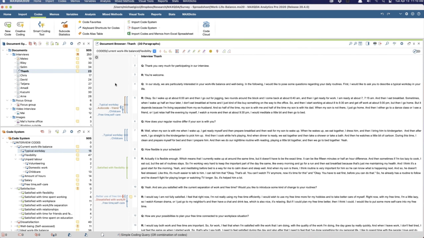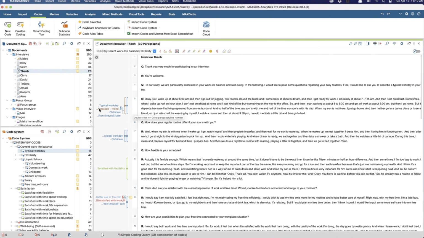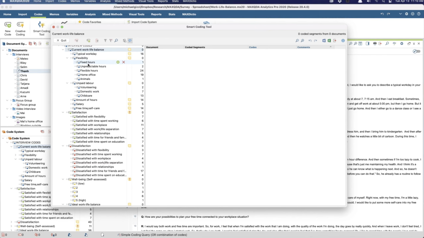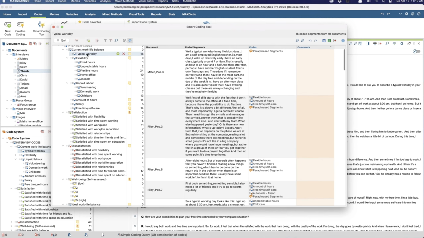I didn't have enough time. I was going to try to create my own dummy version of this. But what's neat about that is the smart coding tool. Say this is your interview question code.